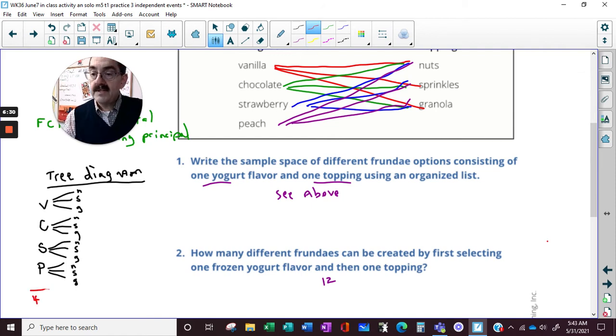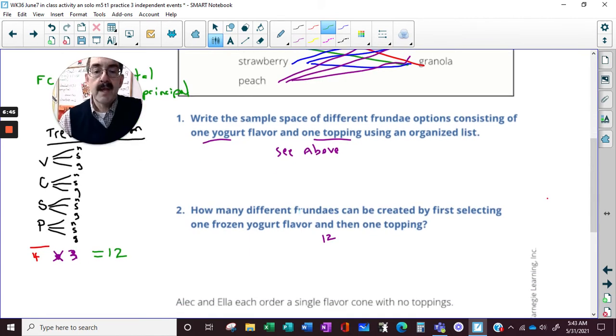4 of these times 3 of these. Actually, let's do that. And it's equal to 12. 4 times 3 is 12. Okay? Cool. Now,